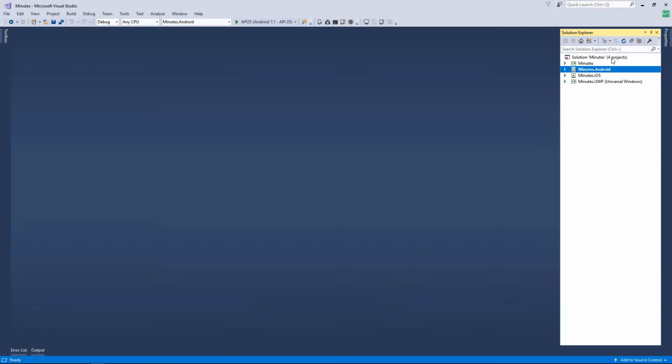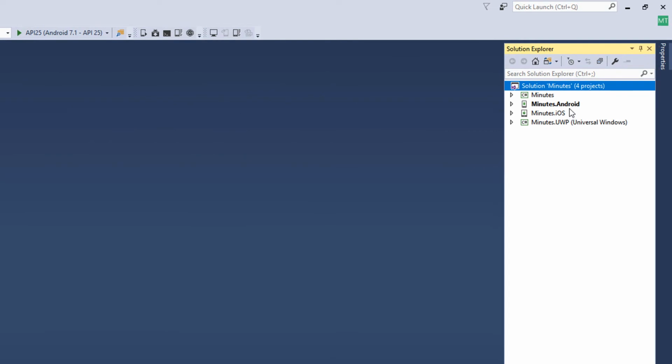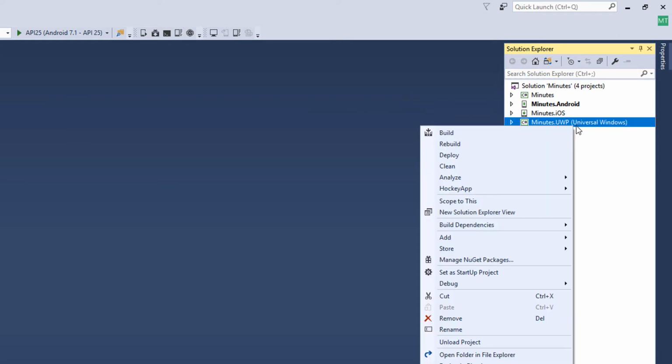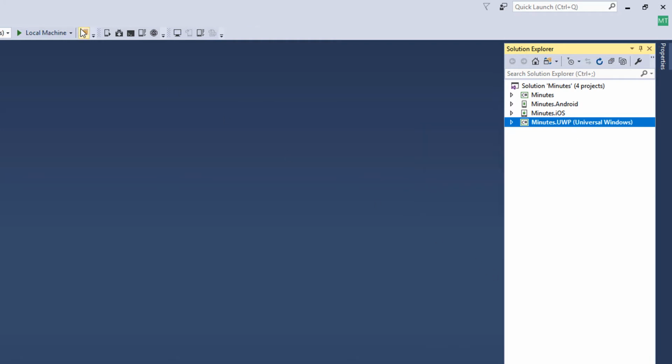Here I am in Visual Studio, and right now I have the Android project set as the startup, and you can see the standard toolbar here reflects that. So the first thing I want to do is set the UWP project as my startup. As soon as I do that, the standard toolbar is going to change its content. You can see now it says local machine. When I run this, the thing that's going to actually start execution is the UWP project, not the shared code over here that contains all the Xamarin Forms specific stuff.